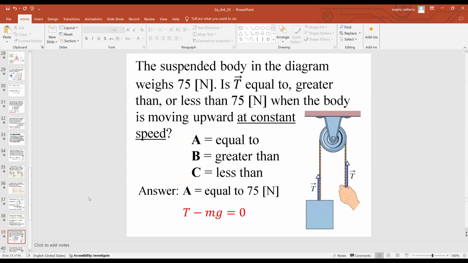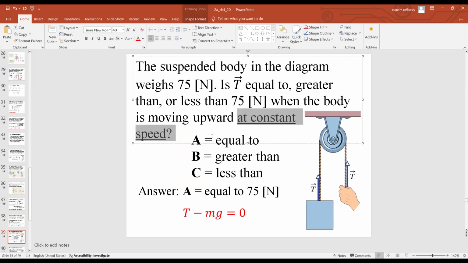Yeah, let's take a look at this one. We got 75 for gravity. Do we have tension more than that, less than that, or equal to gravity? Well, let's do Newton's second law. Tension goes up, gravity goes down. Do we have any acceleration? No, it says constant